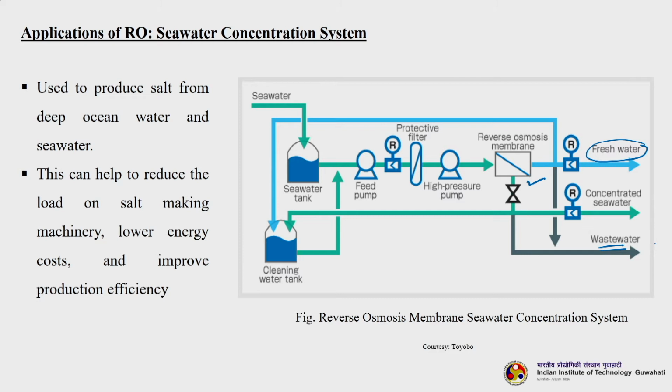So, what is happening in this process is this RO is enriching your concentrated seawater to more concentrated water. Okay. So, the aim is to increase the salt concentration in the water, so that it can easily be turned into salt. So, more salt can be produced from the concentrated seawater, rather than using the usual seawater, which is usually at 35,000 ppm concentration. So, if you can make it more than 1 lakh ppm, even more than that, then the rate of production of salt will be higher basically.